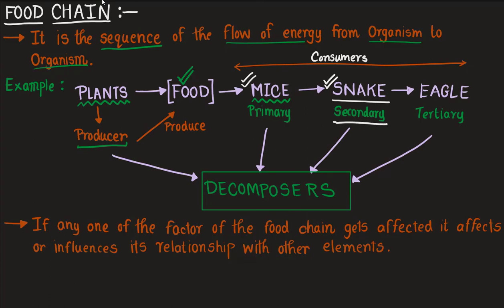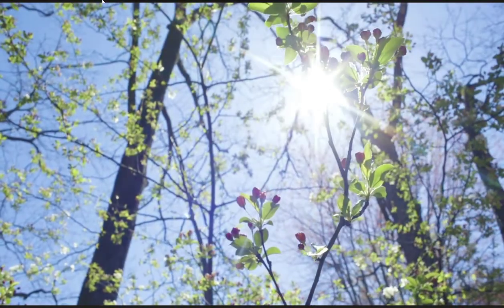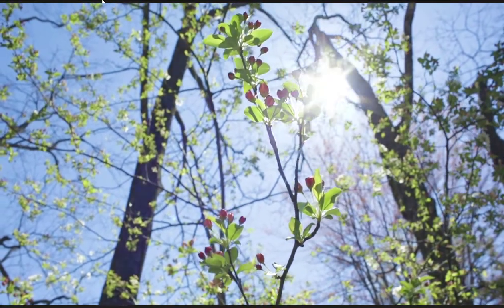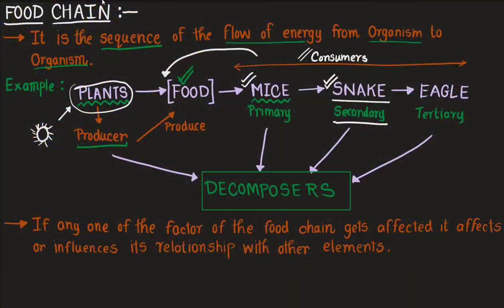So anything that consumes the energy made by the plant or the food is known as a consumer. Plants make their own food by consuming the energy coming from the sun. They use sunlight in order to form food. So they take solar energy to form food, and that solar energy is converted into food energy, or chemical energy. That chemical energy is taken in by us or any other organism that is a herbivore, because they eat plants.